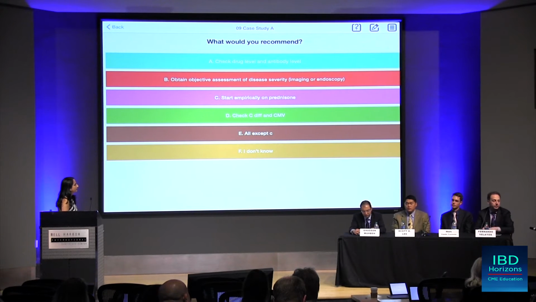For somebody who flares, I think the first thing you do is you check C. diff, and I would check an anti-TNF drug concentration and antibody. The main reason is that it's always important to get very objective findings, but at the same time you have to look at the whole picture. Although it's nice to do a colonoscopy, if it looks like a duck and acts like a duck, I think we can act on it. So in this case, if C. diff and infection have been ruled out,